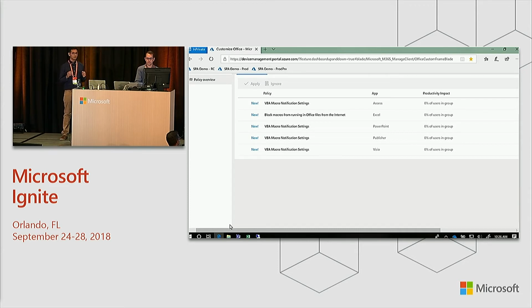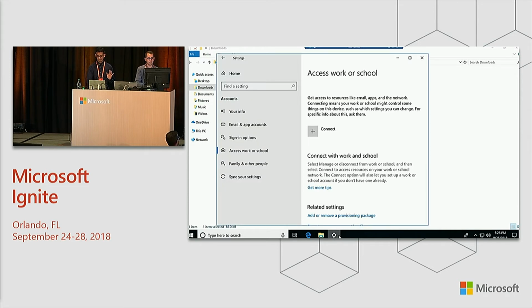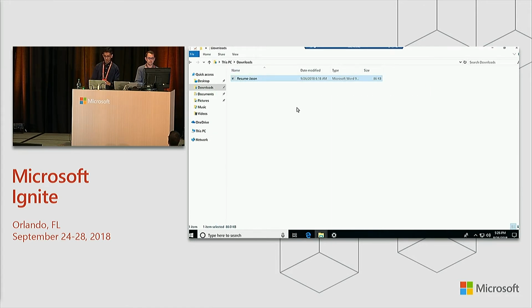Now let's switch over to Bhanu, who's still opening that document. He's waiting and seeing, is he going to be protected? So just to demonstrate the policy's flow to any machine, as long as the user has the Pro Plus client installed and signed in with their identity. I'm simulating Bhanu's machine off of a VM running in Azure. It's not connected to anything. So he does have Pro Plus clients installed. He's signed in with his work identity. Now when Bhanu goes to open this resume,